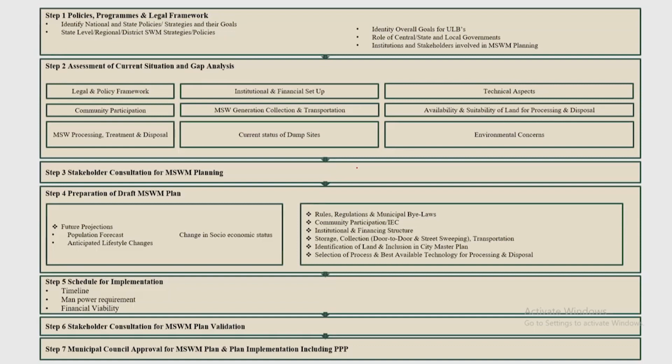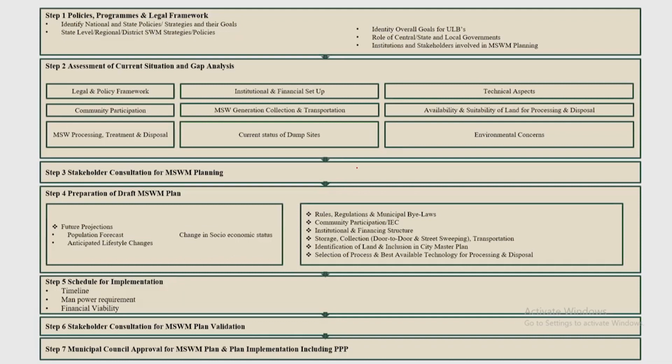Step 3 is stakeholder consultation for MSWM planning. Once you come up with the assessment of current situation and gap analysis, you go for stakeholder consultation, and based on the consultation you come up with the preparation of the draft MSWM plan, where, with the population forecast and the different rules and regulations, you can come up with the draft proposal.